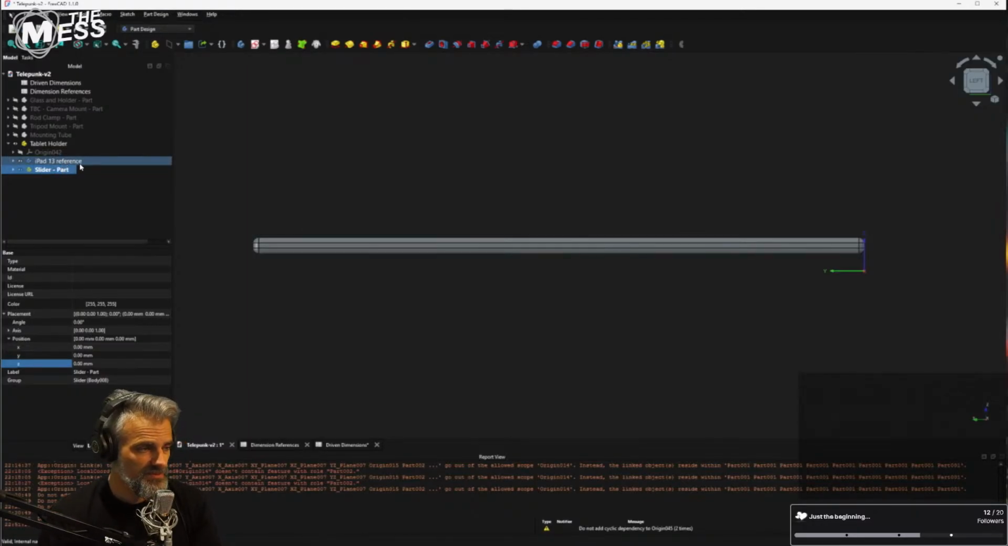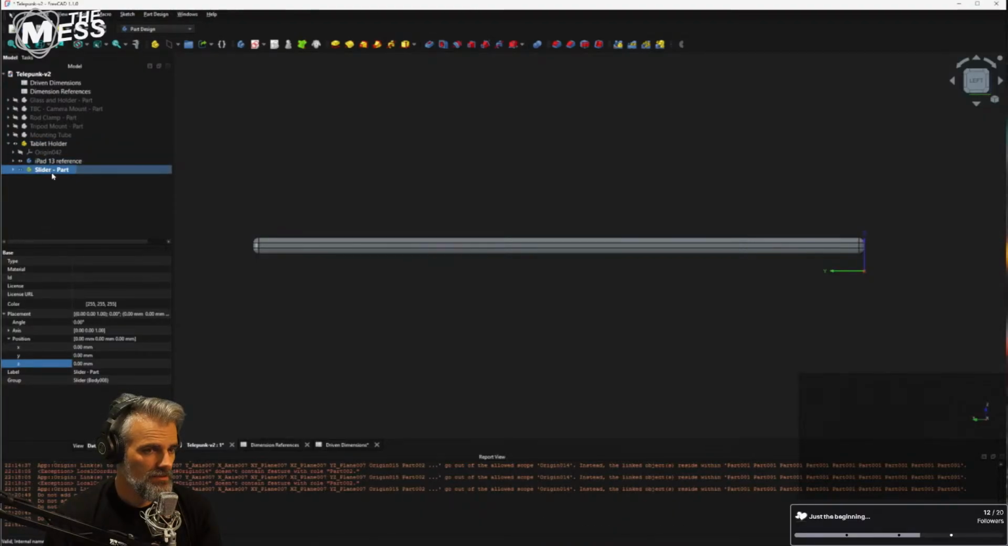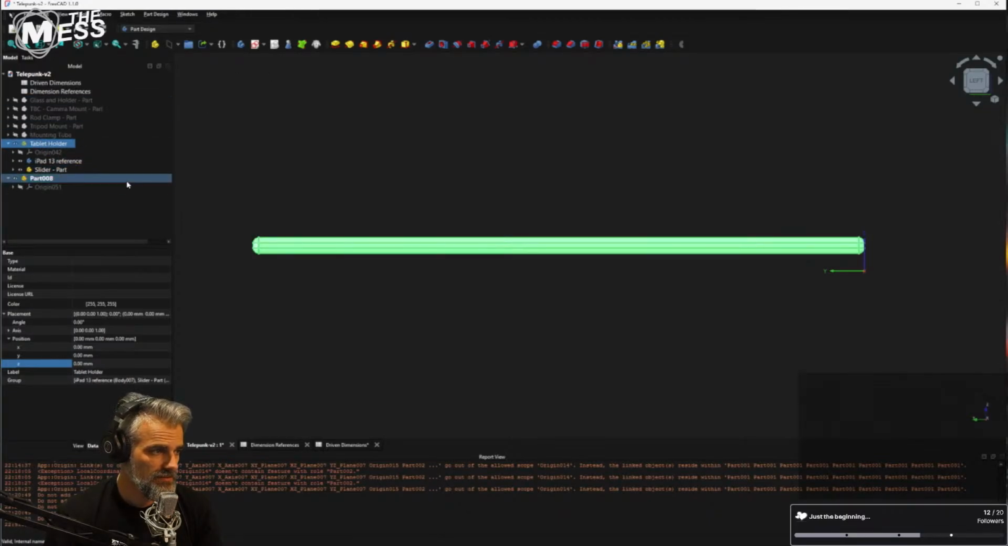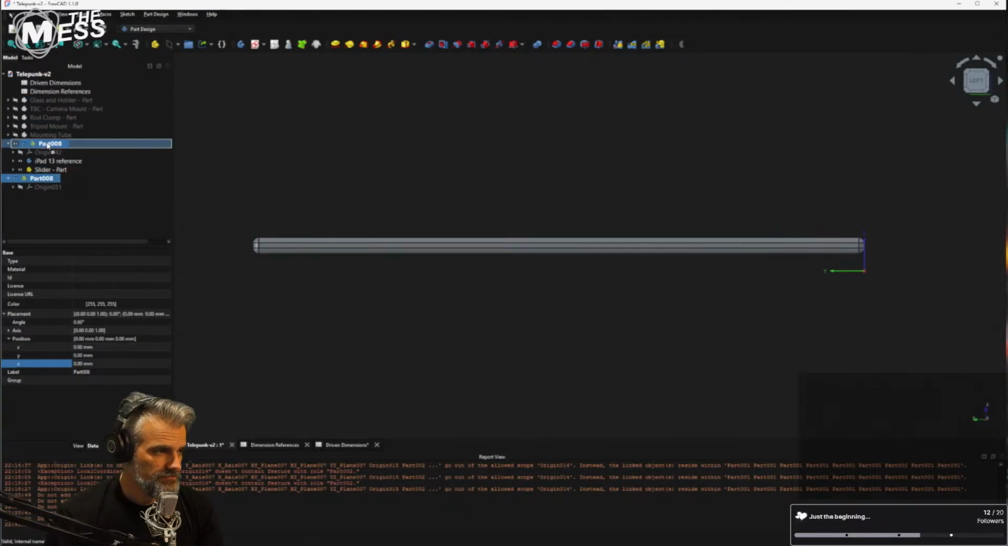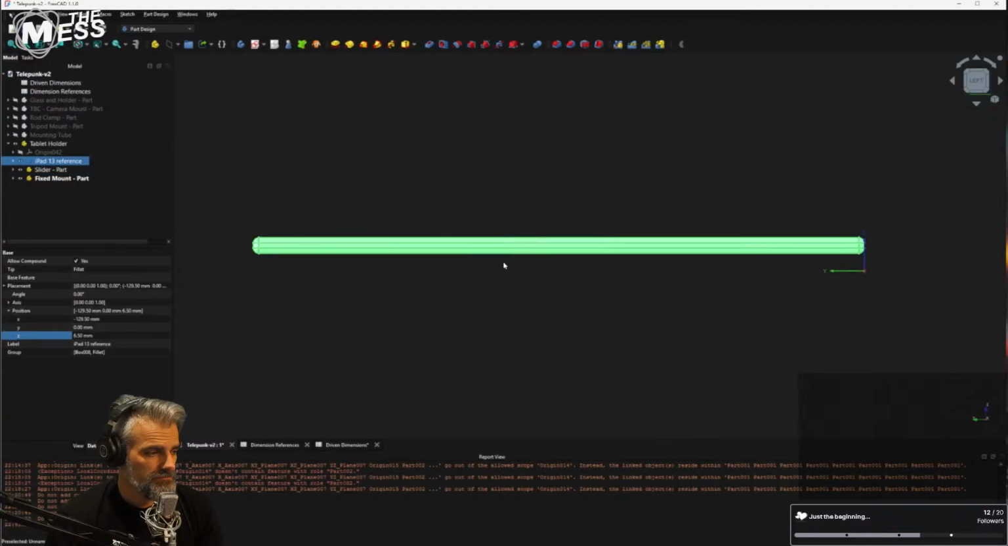and what this does is this gives me the freedom to move the slider part around inside the tablet holder, basically. So if I'm going to create another part here, we're going to call it mount, or we'll call it fixed mount part, and then